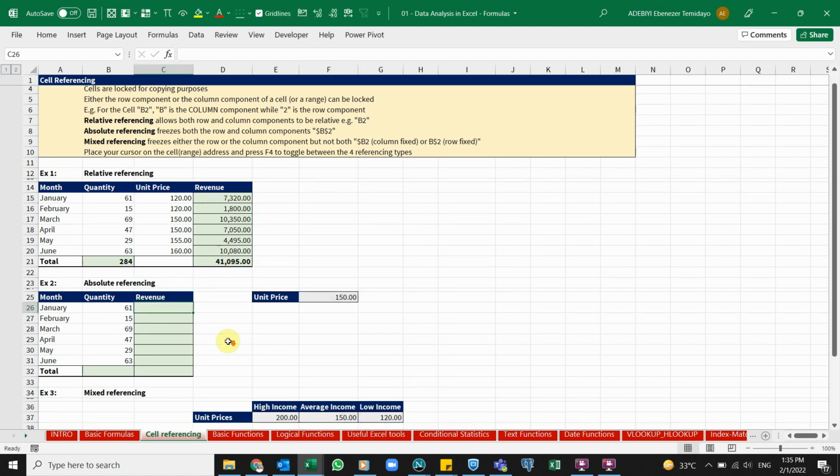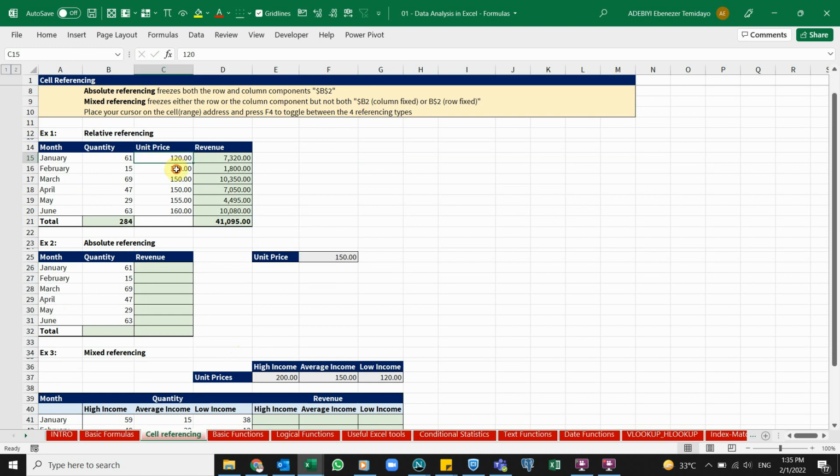So this is an absolute reference. In the previous case, we had different unit prices. I'm multiplying each unit price with the quantity. Now in this case, what's happening here is that you have various quantities, but you have just one unit price. So I want to take this single unit price and multiply by all these quantities. Now let's do what we did before. If I come here and I say equals this quantity and then multiply it by the unit price, right? If I press Ctrl Enter and I click and drag,